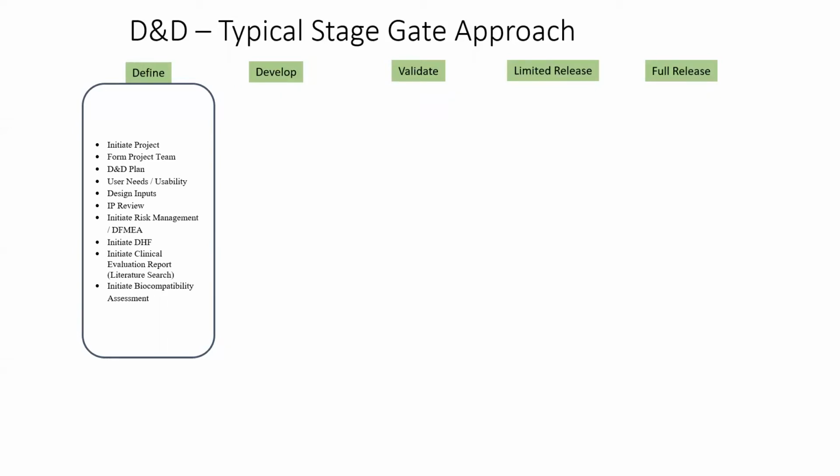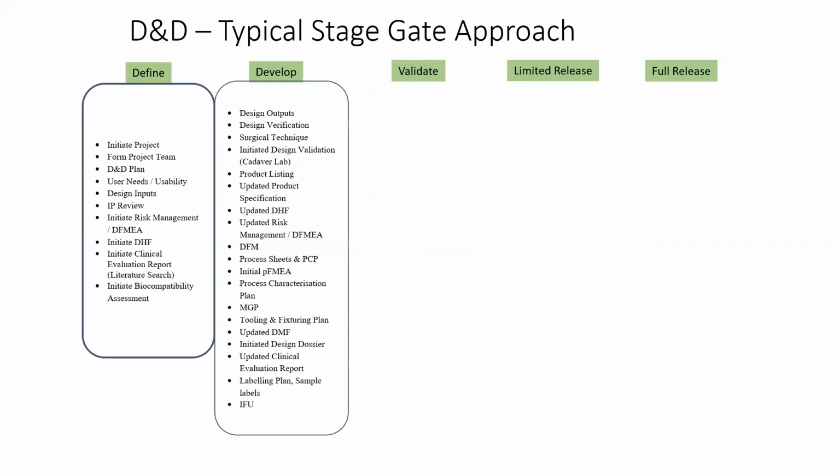If you look at the define stage, it would speak about defining what exactly the requirements of the device, the product, the equipment, whatever is being created, are, what it needs to fulfill. So fundamentally, the user needs and design inputs, right? What would actually happen during the develop stage is the real design or the creative aspect of the project, which is taking these user needs and design inputs and actually performing all those design activities to result in the creation of design outputs. And you see a lot of text here, most of which is not going to be readable on your screen, so I'm not going into the detail right now.